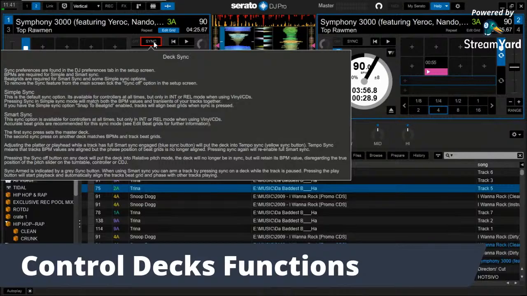The first sync press sets the master deck. The second sync press on another deck matches the BPM and track beat grid. So pressing the first sync button starts the process. The second press on the other deck matches the BPM at that time. And from what I found out when you try that,